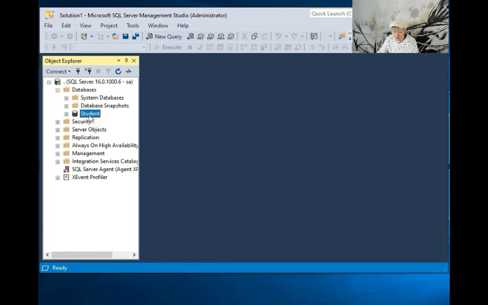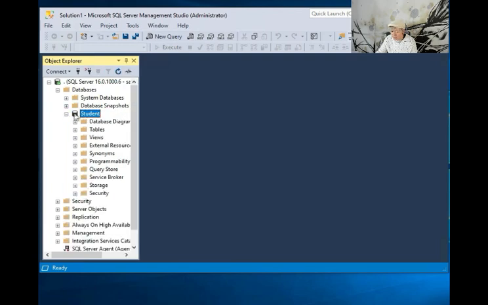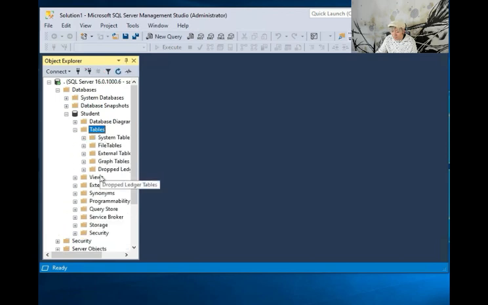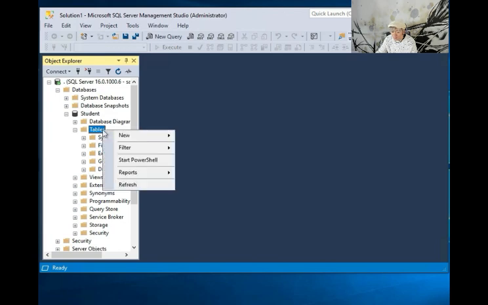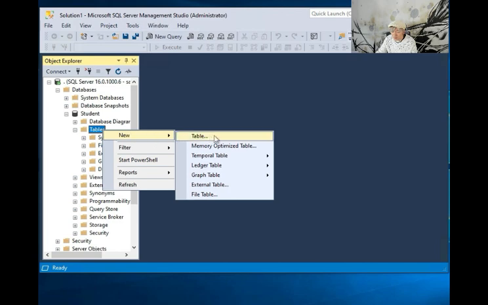In this student database container, we can next create one or more tables that host actual data in it. In order to do so, you need to expand the database container that you just created, locate a folder named tables, and expand it. Right now there are no tables created yet. To create a table called student, we can right click on the tables folder here, select new, select table,